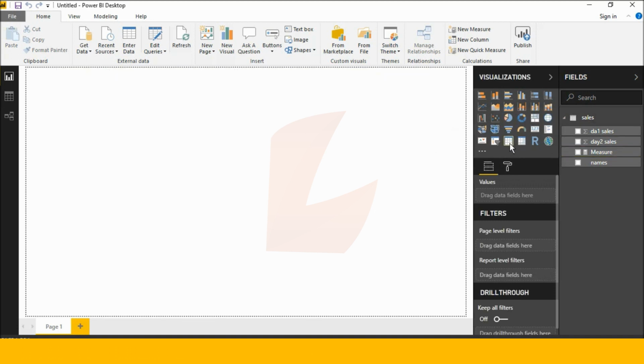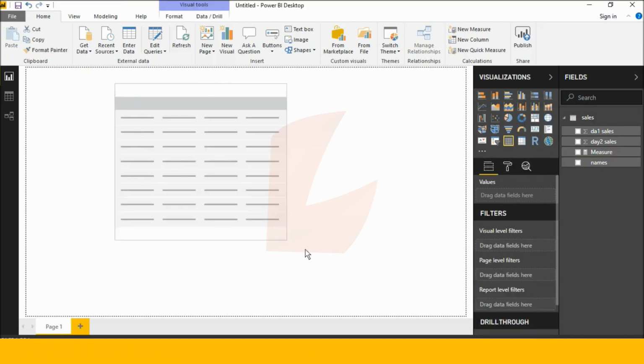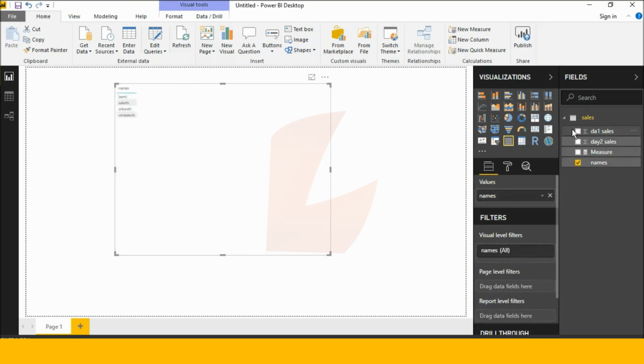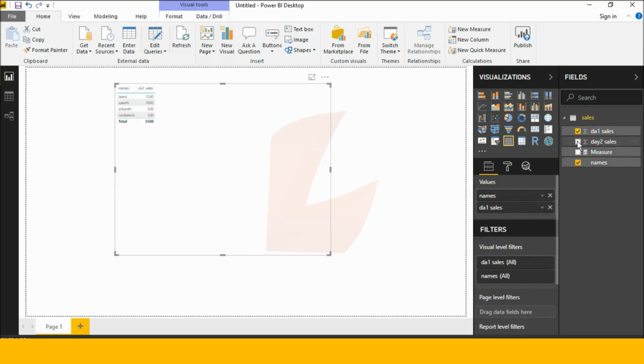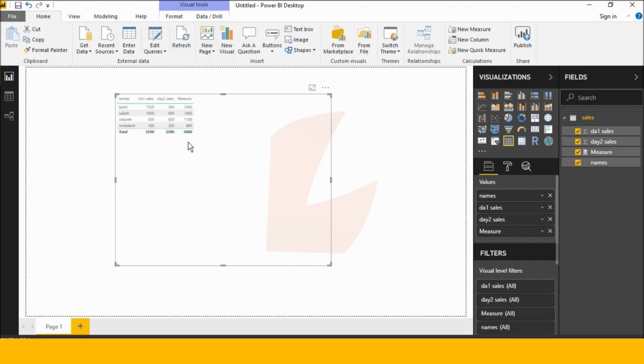Once check this, it's automatically addition of 2 columns. Okay, Day 1 column, Day 2 column, Day 3 column. Once you observe these 2 columns, see this 1500 plus 500 equals 2000. Okay, it's automatically addition of 2 columns.